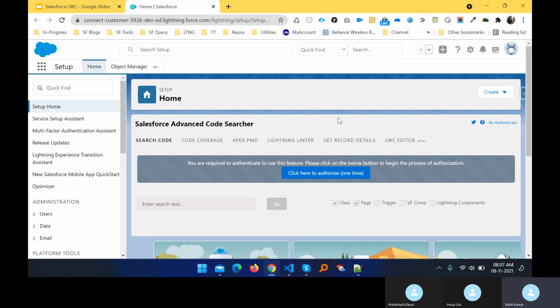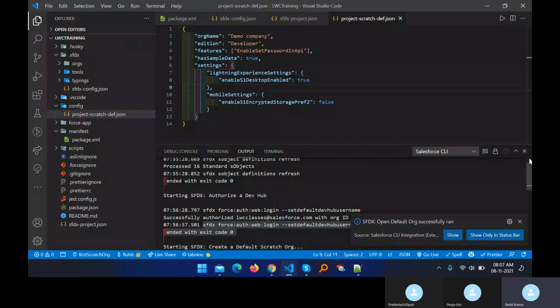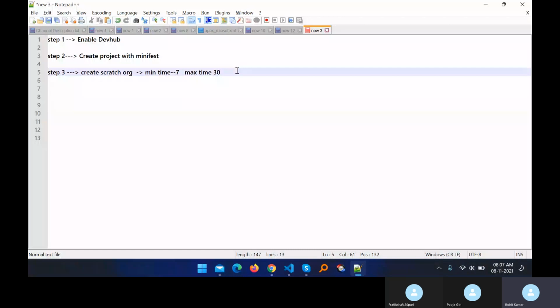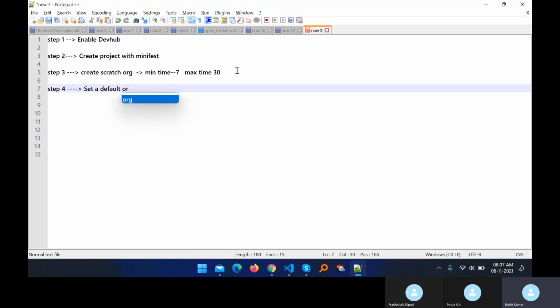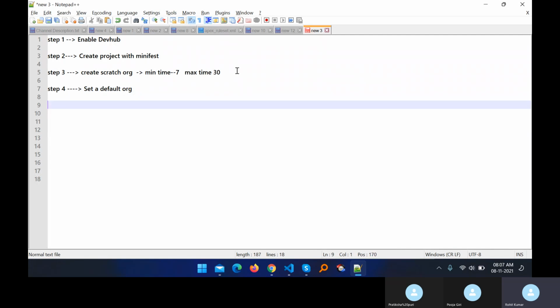So here you can see I already created some scratch org, like step 4 is set a default org. Then step 5 is open default org, right?